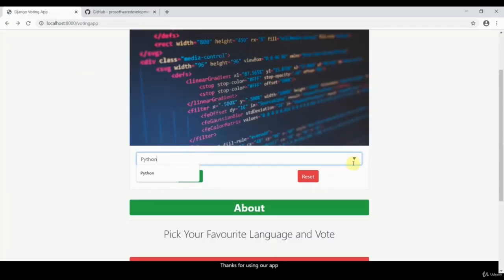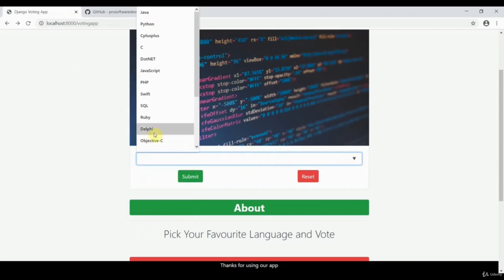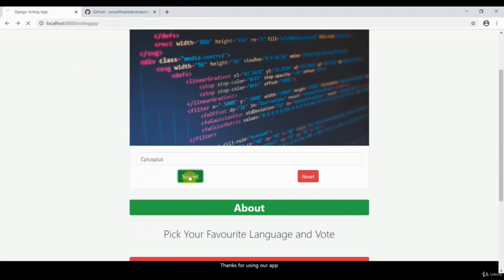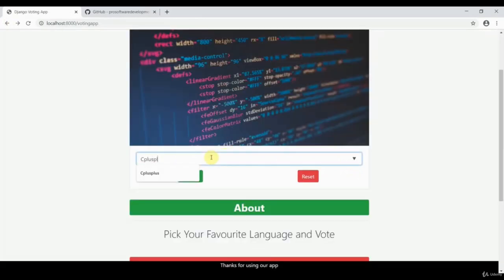So that's perfectly fine. This works pretty fine. So we can test for one more language. Let me see. C++. Okay, good. So C++ also works fine. And let me do one thing. When I type P, I get PHP, Perl, Delphi. We already discussed how this search engine works. So PHP, good. So this even works.